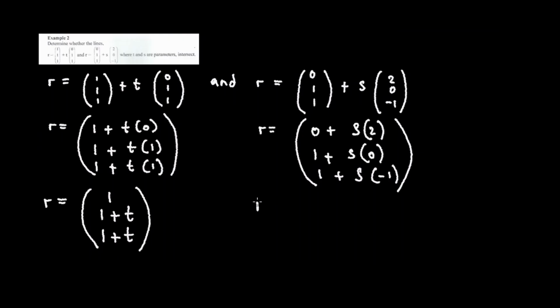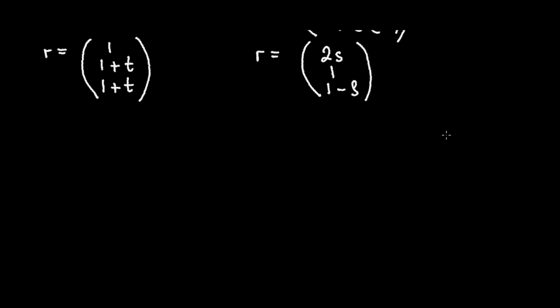Then r is equal to 0 plus s times 2, that's 2s, 1 plus s times 0, that's 1, 1 plus s times minus 1, that's 1 minus s. Like this. So as you can see, we just equate the rows. First row,